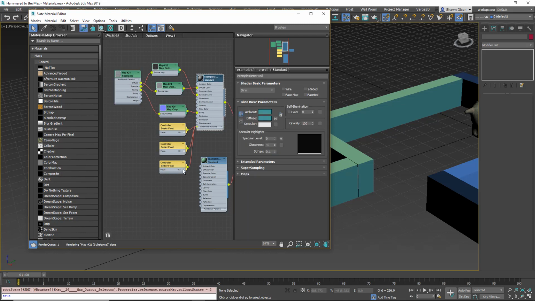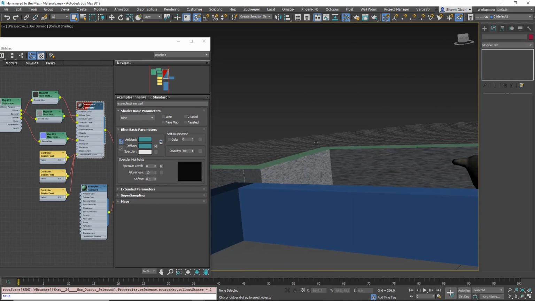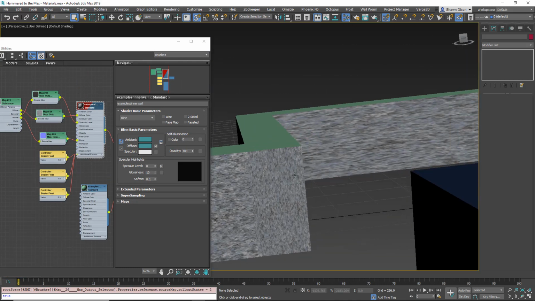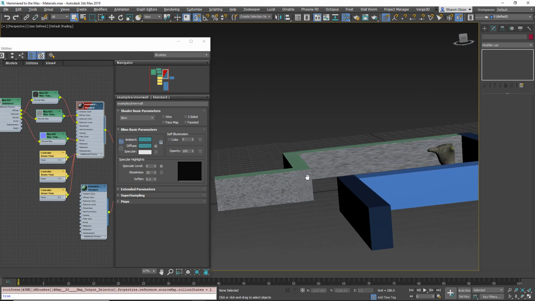And I want this texture to appear in the viewport, so I'm going to double click the material and click Show Shaded in Viewport. Now, you see here we have the issue of the scaling differences